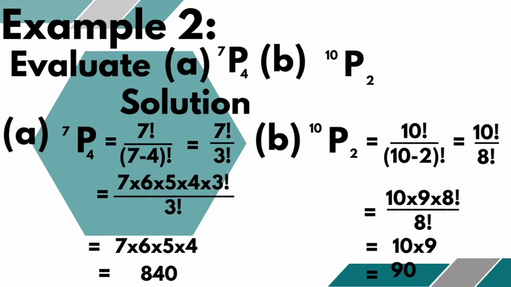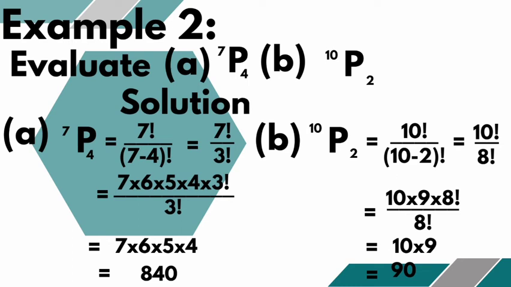Example 2. Evaluate a. 7P4, b. 10P2. Solution. For the first one, 7P4 is 7 factorial over 7 minus 4 factorial, and that gives 7 factorial over 3 factorial. 7 factorial means 7 times 6 times 5 times 4 times 3 factorial. And 3 factorial down is that 3 factorial. So why did we stop at 3 factorial? Because 3 factorial will cancel out the 3 factorial that you have at the denominator, and the final answer gives you